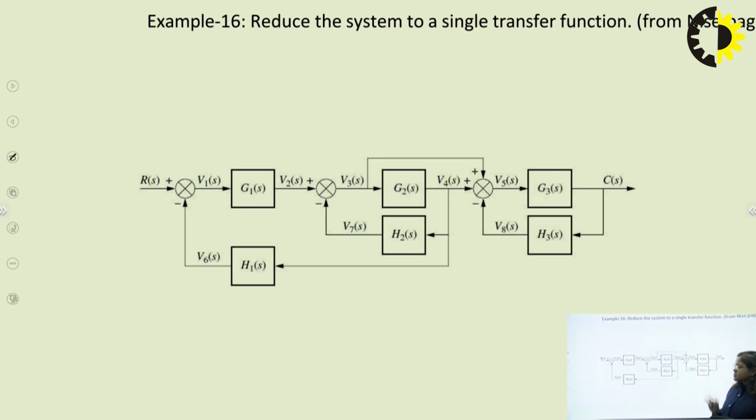Now moving towards this example, we can see here that this is the feedback section. Once we solve it, then it becomes in cascade with, when we take this takeoff point here, there will be a feedback, and this is a parallel branch. Once we solve this, then it will be in cascade with G1, and then there is a feedback from H1. And I will stop our discussion here only.